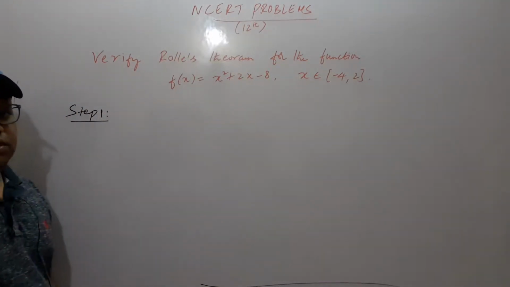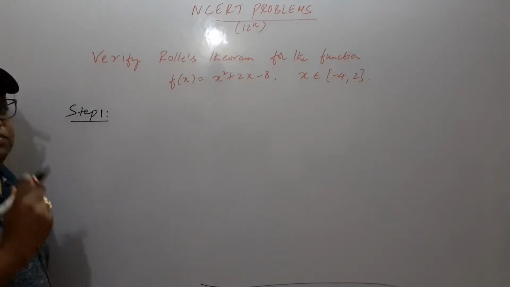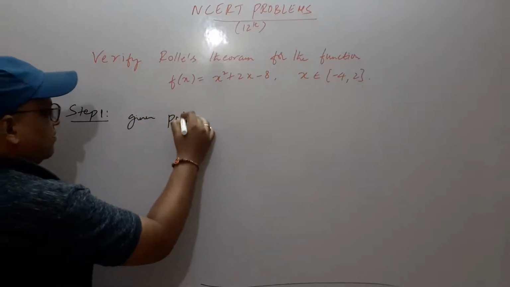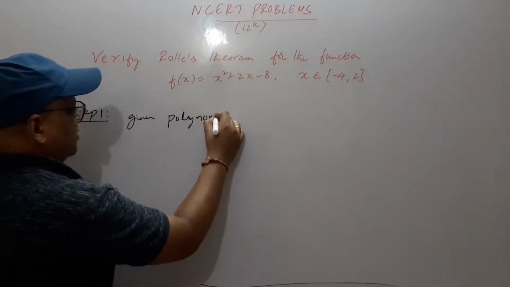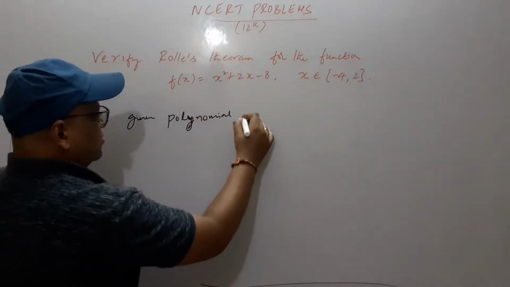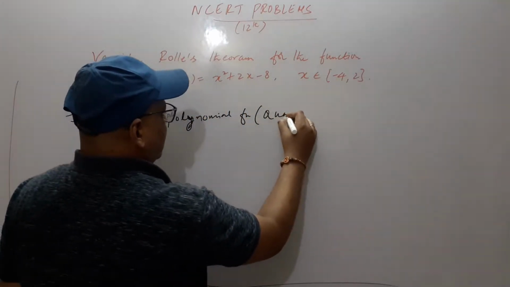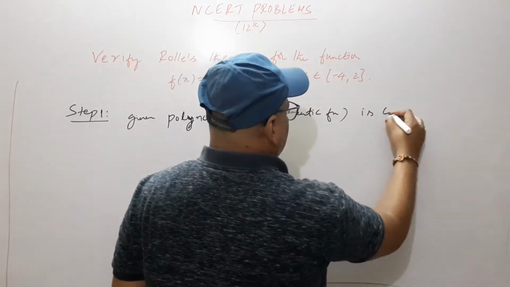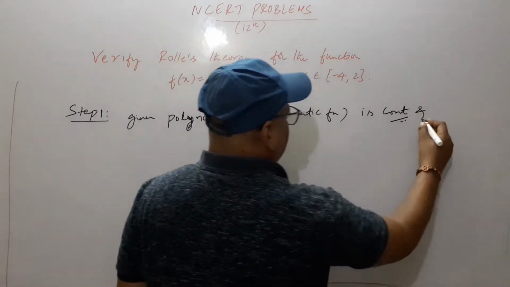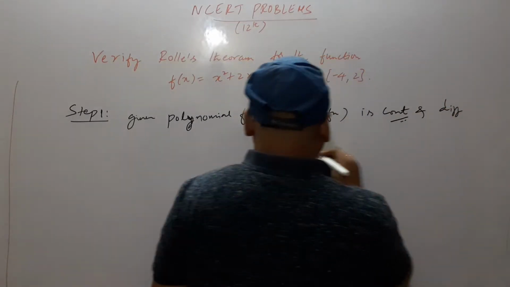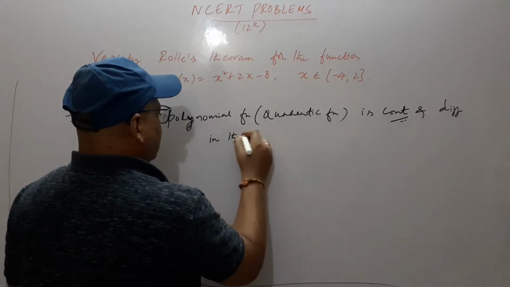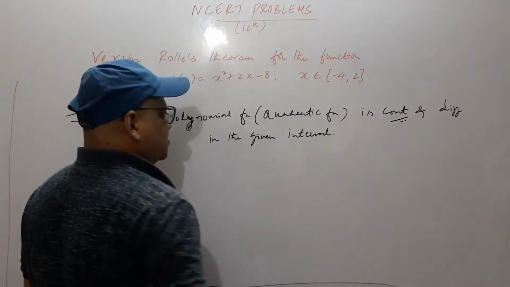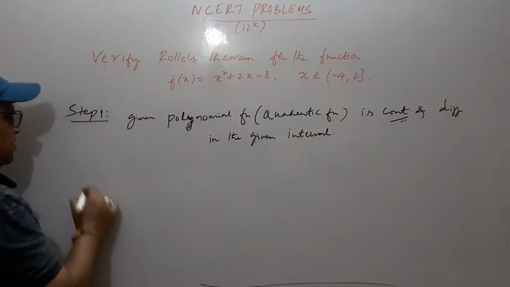All polynomial functions are continuous with respect to their domain. So we can say the given polynomial function (in brackets, quadratic function) is continuous and differentiable in the given domain, in the given interval. This is the first step of Rolle's theorem. Step 2,